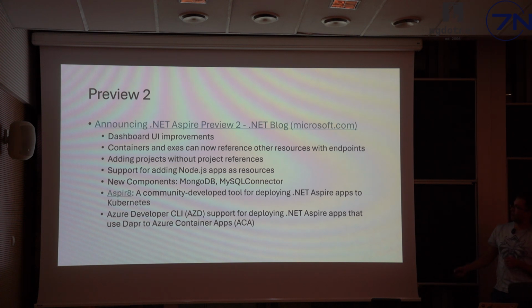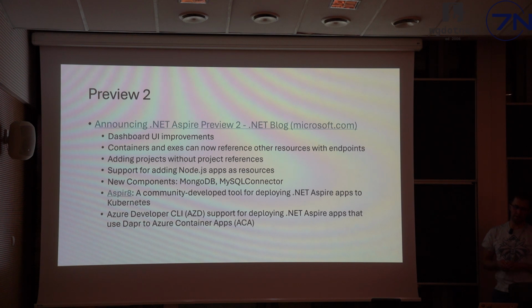What else was improved in preview 2? The UI of the dashboard was very well received. The containers and executables can now reference other resources as well. We have added support for Node.js apps as resources. There are 2 new components, MongoDB and MySQL connector.